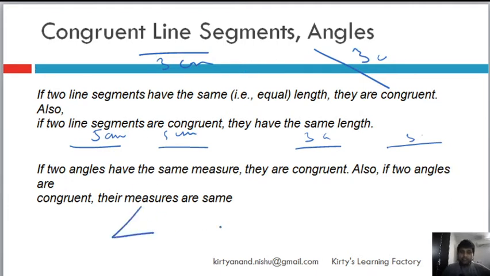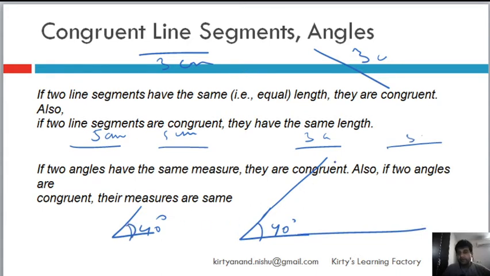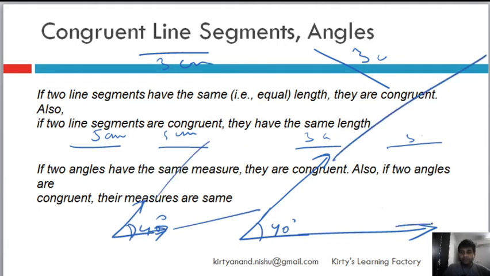Similarly, two angles, if they are of the same measure, they are congruent. If it is 40 degree, it is 40 degree, they are congruent. Now you can say, what if this ray is extended like this while this is this? See, as long as the angle is 40 degree, it doesn't matter what is the length of the ray, because a ray anyway is just indicative. These two rays will go till infinity, beyond this page also. But here we are only interested in the measure of the angle. So as long as the measure of the angle is equal, two angles are congruent. So very simple. We learned congruent line segments, we learned congruent angles.